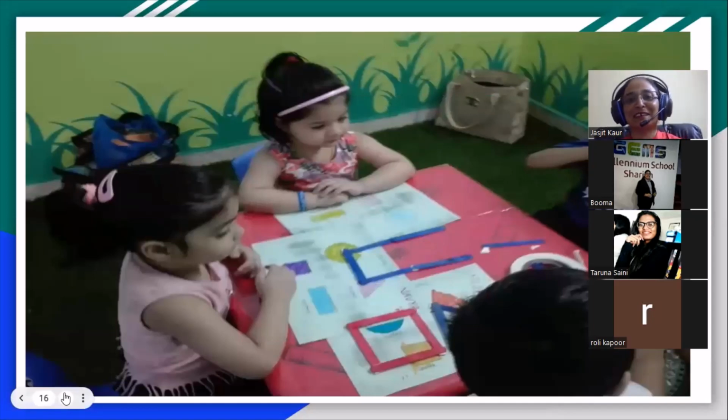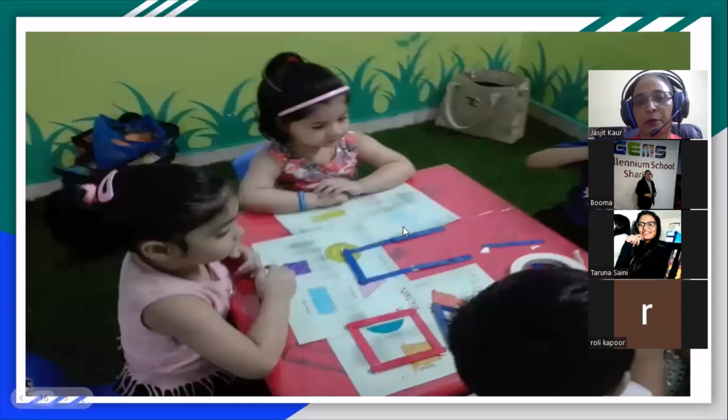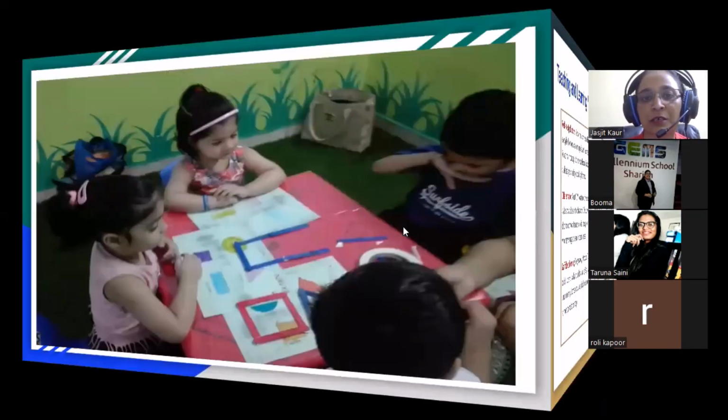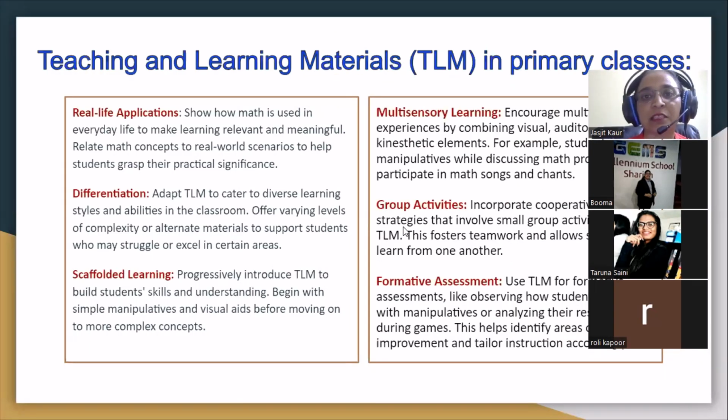This is an example of a kindergarten student, an image from one of the workshops. We are explaining to them the concepts of shapes and colors. Simply draw on the paper and let them understand what the shape of a rectangle is. Ask them to draw, and with the help of popsicle sticks, let them join them under the supervision of their educators or parents to know more about the concept. With this, they will really enjoy it.